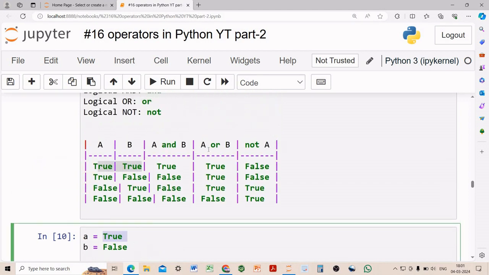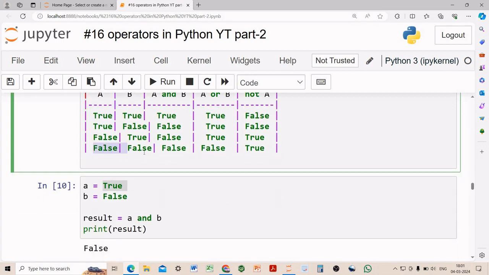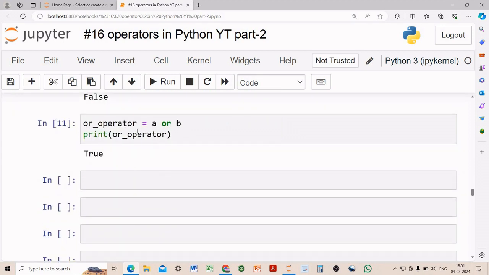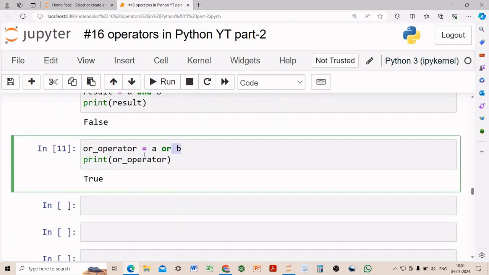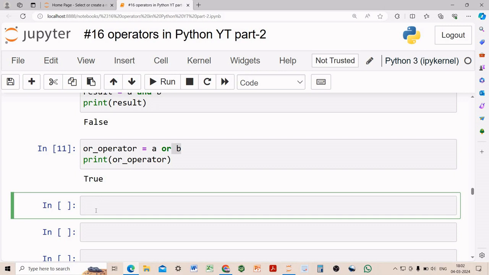What we see in the logical or operator is that if there is at least one condition true, then we'll get the result true, and only when both conditions are false do we get the result false. Here one condition is true and the other is false, that's why we get true from the logical or operator. Now we'll see not of